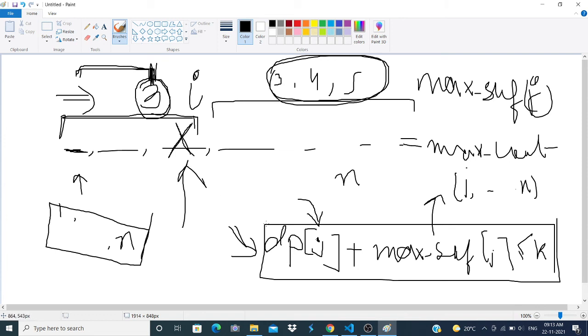Why? Because let's say here only 3, so you know dp of 3 will be the length of longest subsequence which ends with 3, right?